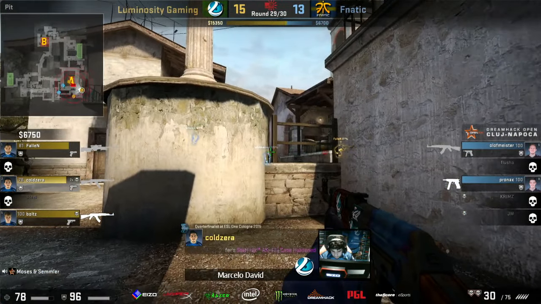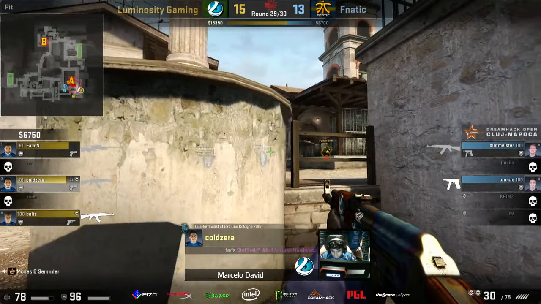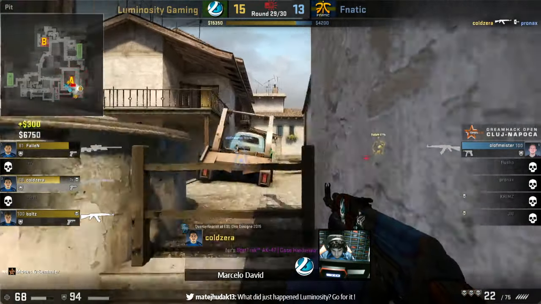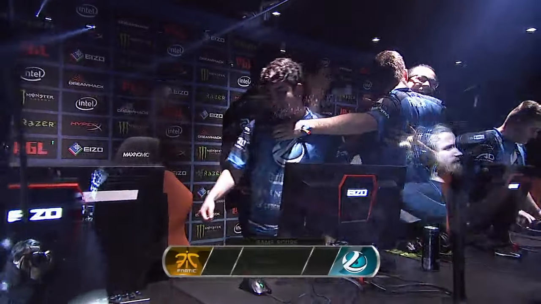Pronax and Olofmeister are the last 2 alive in a 2v3, but the Triangle of Doom has been set up on this A site. It is not looking healthy here for the Swedes. Do you really want to challenge? Cold takes that shoulder peek, spots Pronax, takes the fight and wins it, and it will be down to Olofmeister now, and it's not for long. Bolts is there, and Luminosity have done it. They picked up the first seed in this group, and you can see just how happy they are. They've just defeated one of the favorites to win the whole